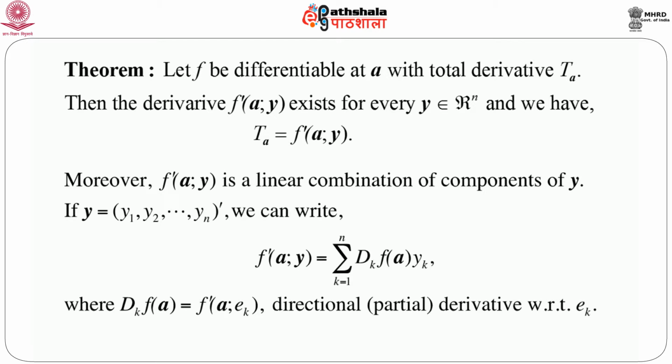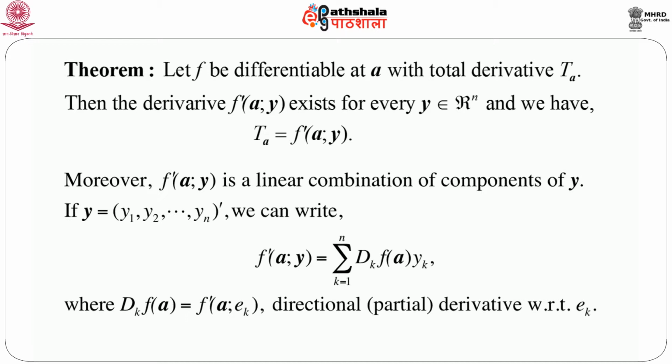Now if we look at this carefully, it is easy to see that f prime a y is nothing but a linear combination of the components of y. That means if we write y equals y1, y2, ..., yn prime, that is, y is a column vector of n components, all real, then we can always write f prime a y equals the summation k equals 1 to n of Dk f of a into yk, where Dk f a is nothing but f prime